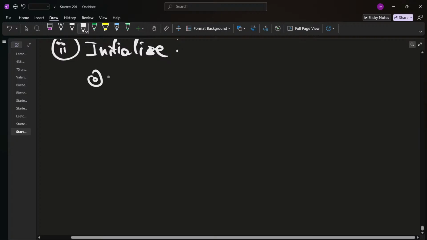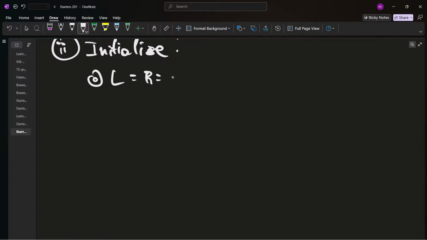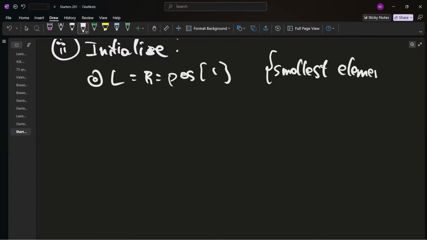First, L equal to R equal to the position of 1, the smallest element. This is the smallest element position. After this, answer is equal to 1. We'll initialize both of them. Next, in our third step, what I'll do is,